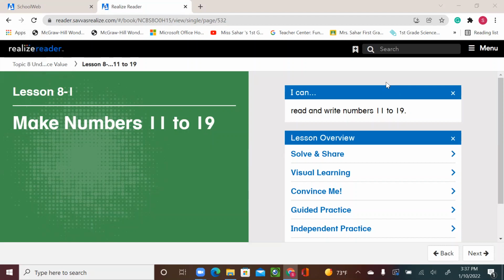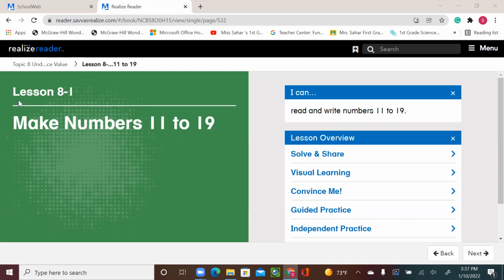Today, we're going to start our new topic, topic 8, and that would be in your new book, grade 1, volume 2. So please get your new book and let's start with our new topic, topic 8. This topic will be learning and talking about numbers and how we make numbers from 11 to 19. And then we're going to also learn how to subtract and how to count on with groups of tens and ones,